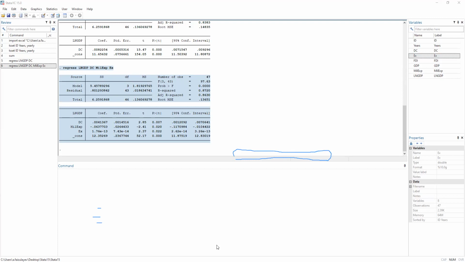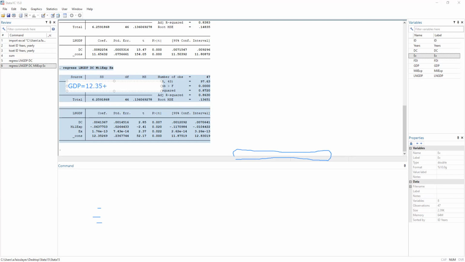Again, you start your interpretation with the econometric model. You have to create the econometric model. Your econometric model is as follows. GDP is equal to beta 0, which is the intercept. We can put the number directly. The intercept in here is 12.35